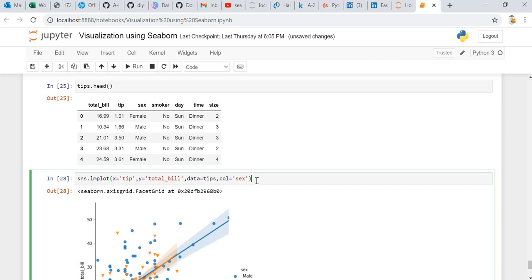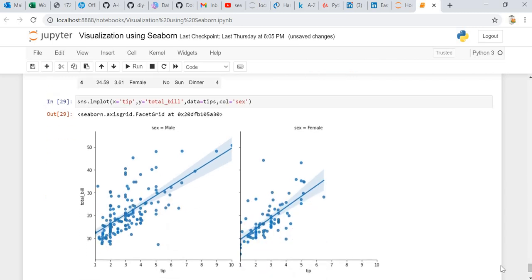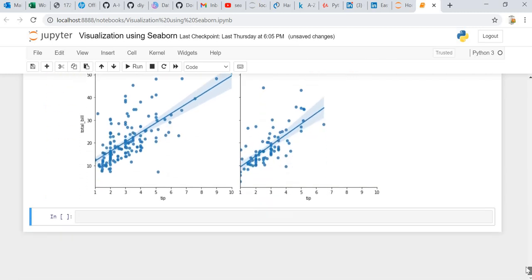Once we do col equal to sex, it will create two different plots based on the gender, male and female. One is for male, another one is for female. Based on this, we can distinguish the male and female separately, and do the analysis in a better way.